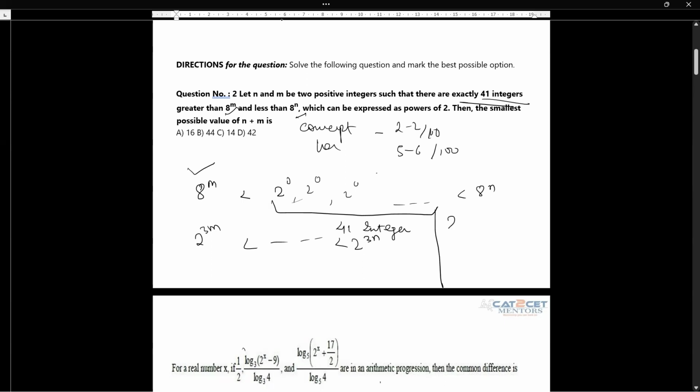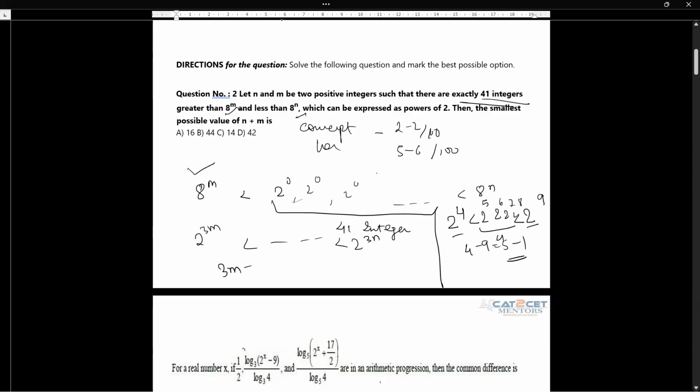Instead of M and N, let's take something simpler. This trick I have told, I insist you guys: if there is a sequence or series question, or an algebra question, and certain variables are there, then comprehend it with smaller numbers. I want to know from 2 to the power 4 to 2 to the power 9, how many powers of 2 are there? 5, 2 to the power 6, 2 to the power 7, 2 to the power 8. So I got to know 4 minus 9 is 5 and I have 4 integers. So 5 minus 1. So I can say the difference of the powers minus 1.